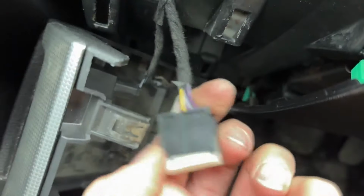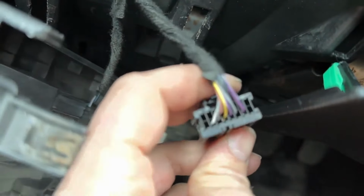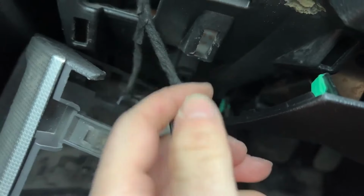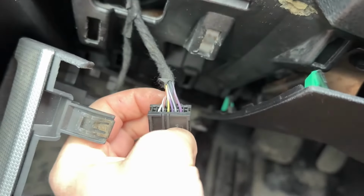So we're just gonna remove this guy altogether like that. Now you need to get a depinning tool or something to go up in that little void up here and depress the little tabs that are holding these pins in. And what we're gonna do is